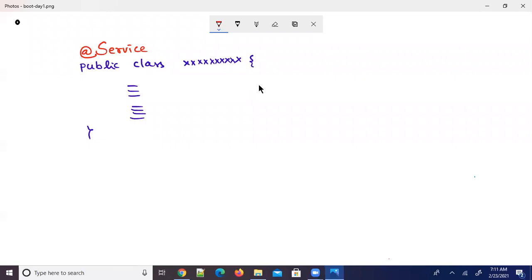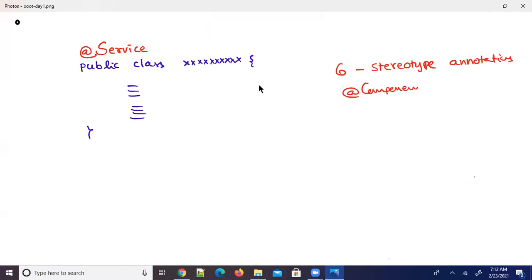There are 6 stereotype annotations, very regularly used in application development. I have already given the names. And @Component is the base for the remaining 5. @Component tells that it's a bean component, that's all.